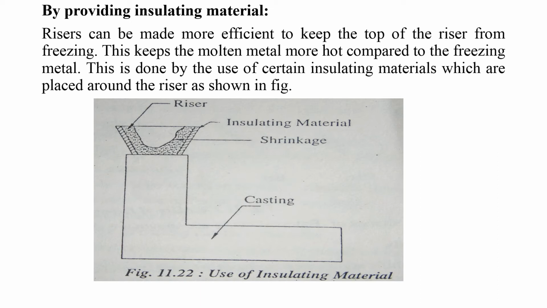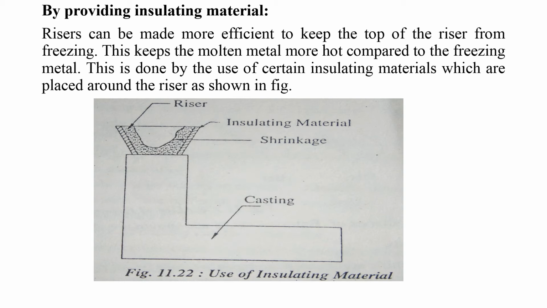Okay, so see this figure. A riser is just like a storage or reservoir of liquid metal. The liquid metal temperature should not decrease; you have to maintain the same temperature. That's why the insulating material is provided at the top. So it will take 30 minutes. You can pour molten metal in through the sprue or runner, and it comes to here and completely fills, and the liquid metal goes to the riser. So the insulating material is provided in the riser only because of the temperature to be maintained.